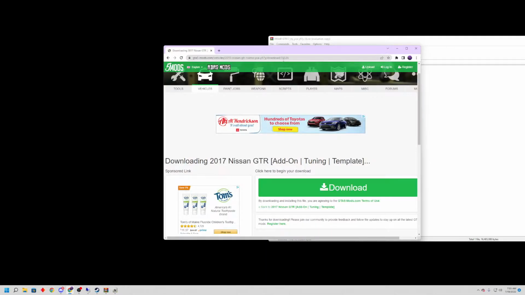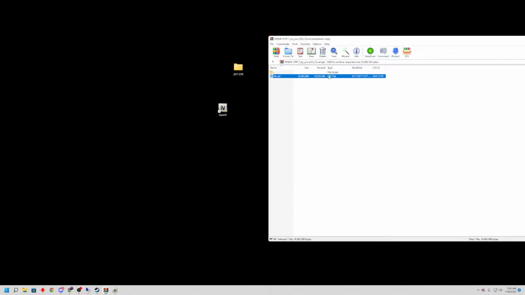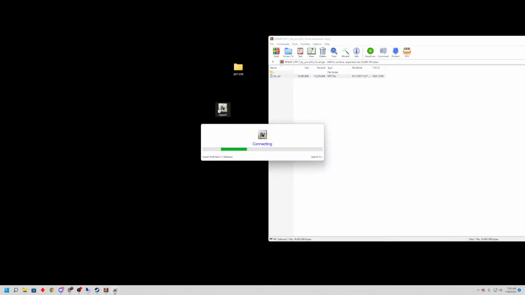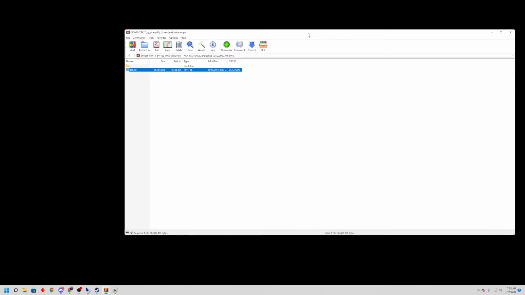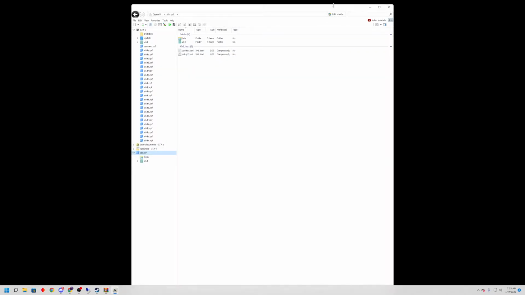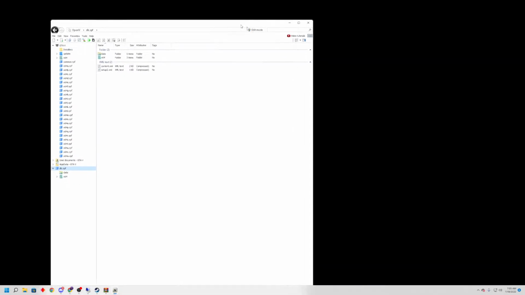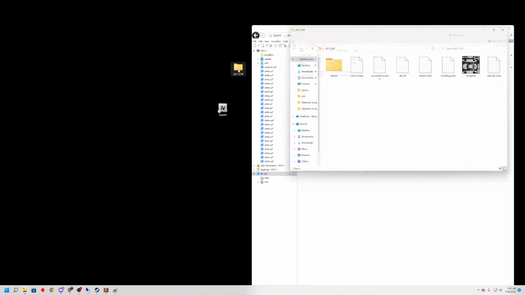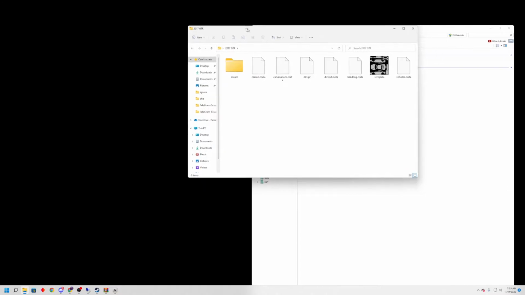We can go ahead and close out of OpenIV. Now, take our DLC.rpf and go ahead and find OpenIV. Drag and drop it onto OpenIV, as it will now connect. We no longer need this .rar. Go ahead and close out of it. As you can see, we're going to open this. I already have my folder set up with everything we need, but I will go ahead and give you another